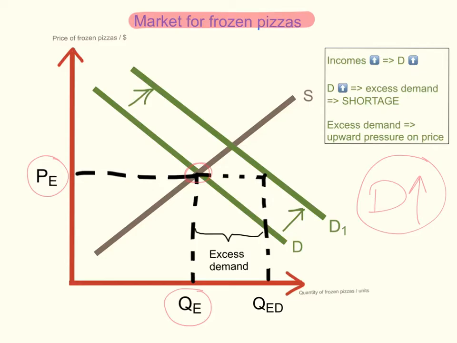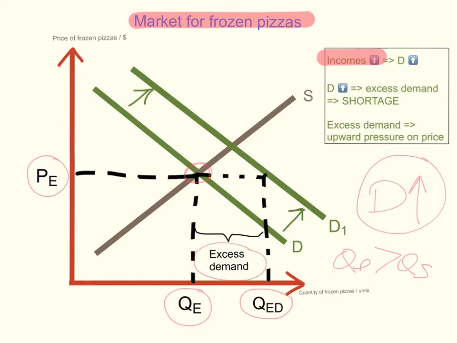So let's assume, for example, incomes rise. We know that when incomes rise, that's one of the non-price determinants of demand. This will cause a shift of the demand curve from D to D1. So demand has increased. Now, price takes a while to adjust. So for a while, the price will remain the same, but because there has been an increase in demand, suddenly the quantity demanded will be greater than the quantity supplied. There will be a shortage or an excess demand in the market because